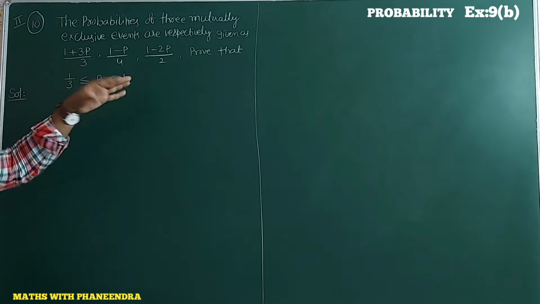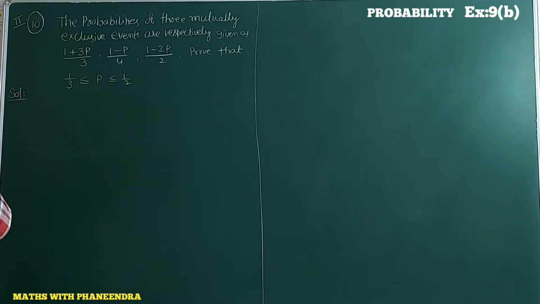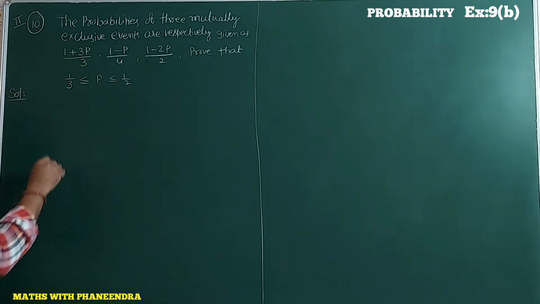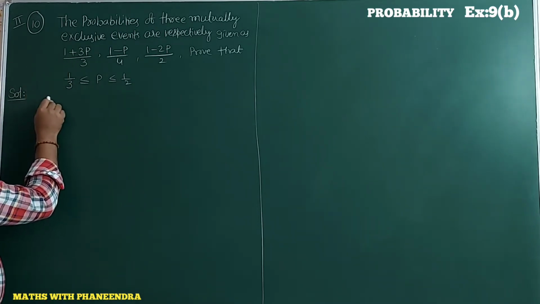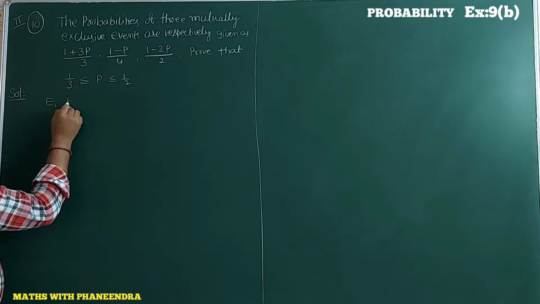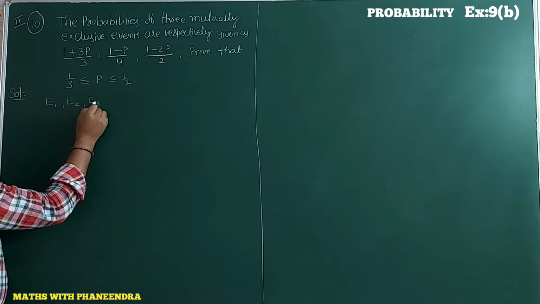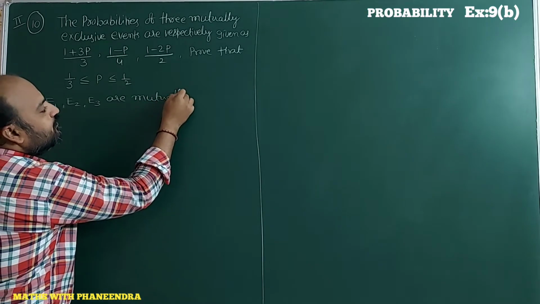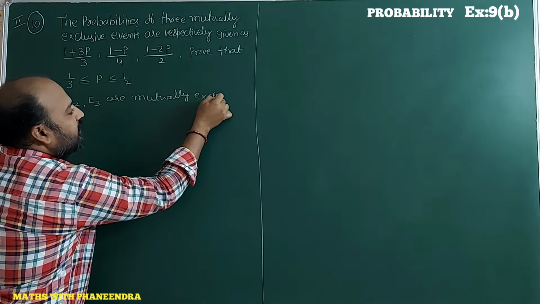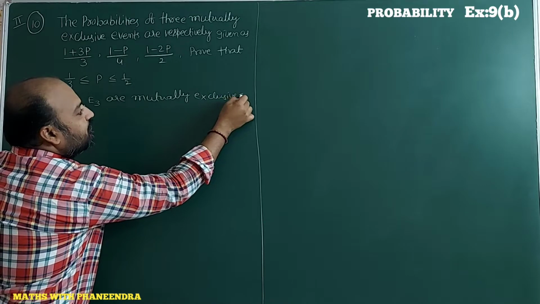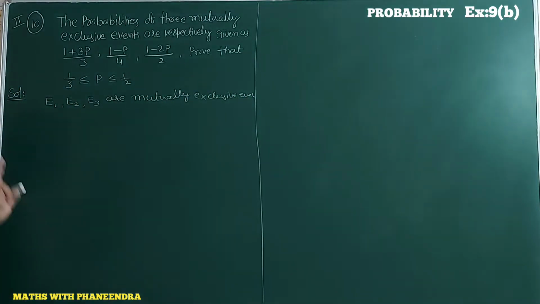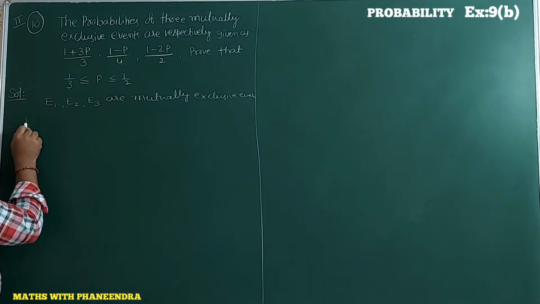All are probabilities of 3 mutually exclusive events only, no? So I am assuming that E1, E2, E3 are mutually exclusive events. Whenever they are mutually exclusive events, their intersection is empty, so the probability of the intersection is 0. Then we have